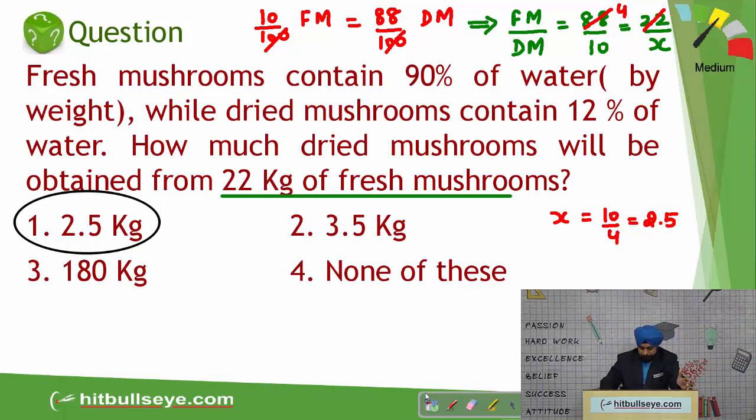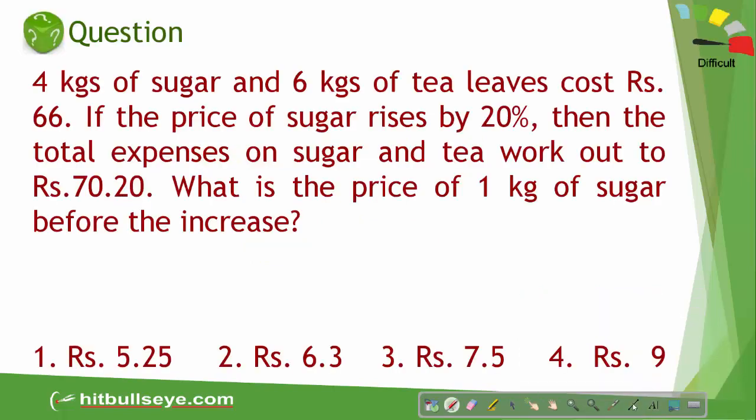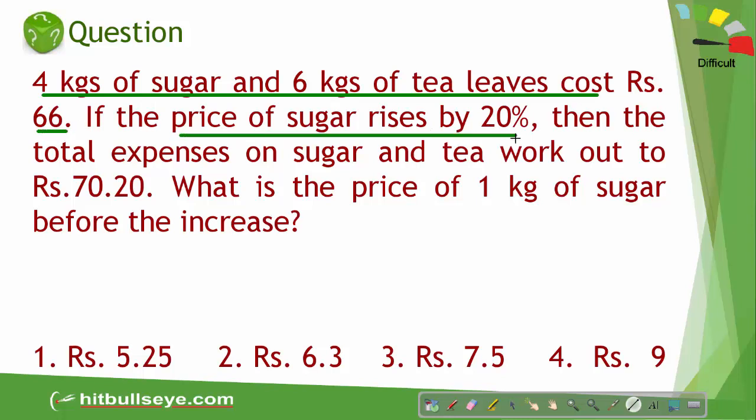Right, students? Moving on, this one. Now here, sugar and tea leaves cost 66. Price of only sugar rises by 20% and total expenditure is this. So students, you can see from 66, if you make it